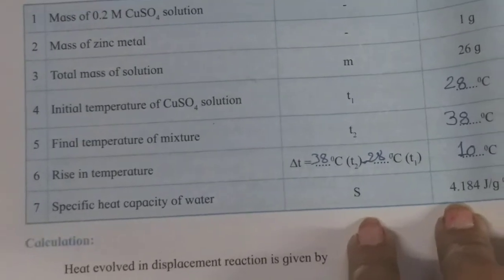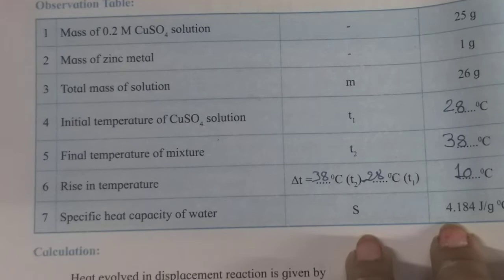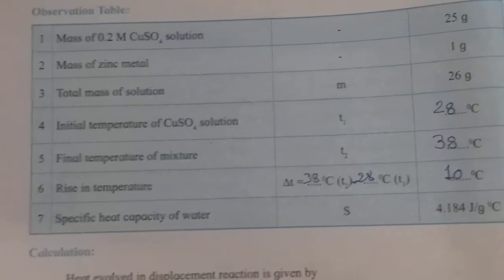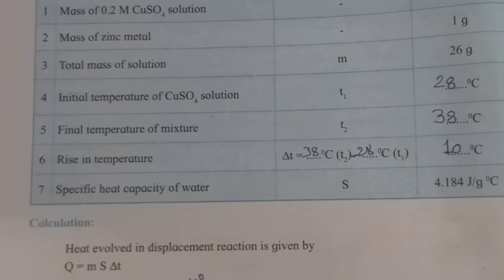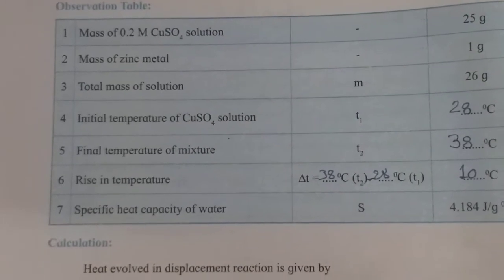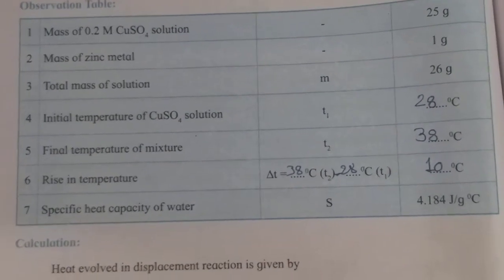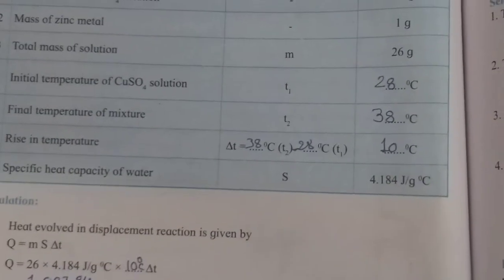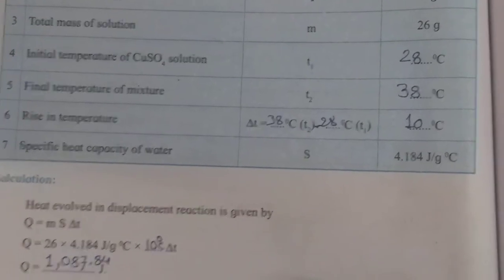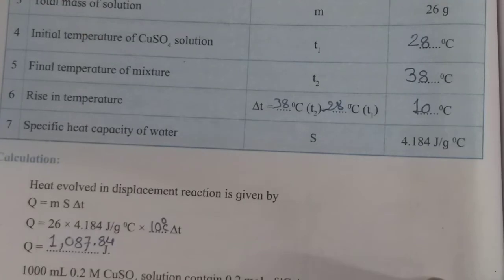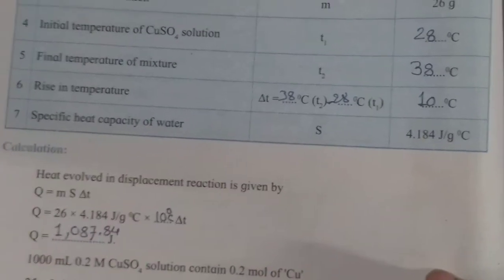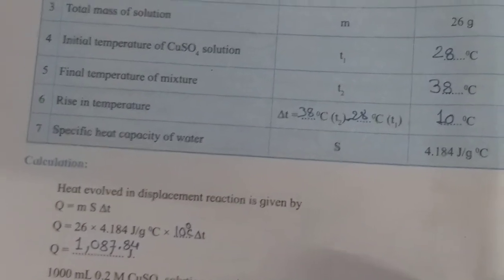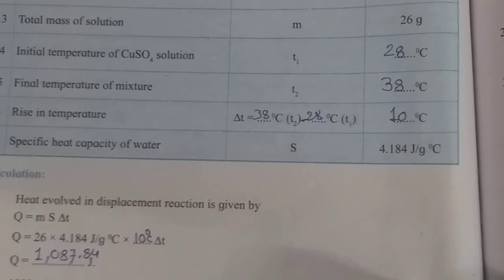Initial temperature of copper sulfate, that is T1. Today's atmosphere is cold, and these readings are from the month of May, so there it will be 28 degrees centigrade, but now you have T1 as 25 degrees centigrade. Here the initial is 28 degrees centigrade and the final is 38 degrees centigrade, but our final temperature is 39, so our rise in temperature is 14 degrees, but here the difference is 10 degrees, 38 minus 28. The specific heat of water is given as 4.184 joule per gram.